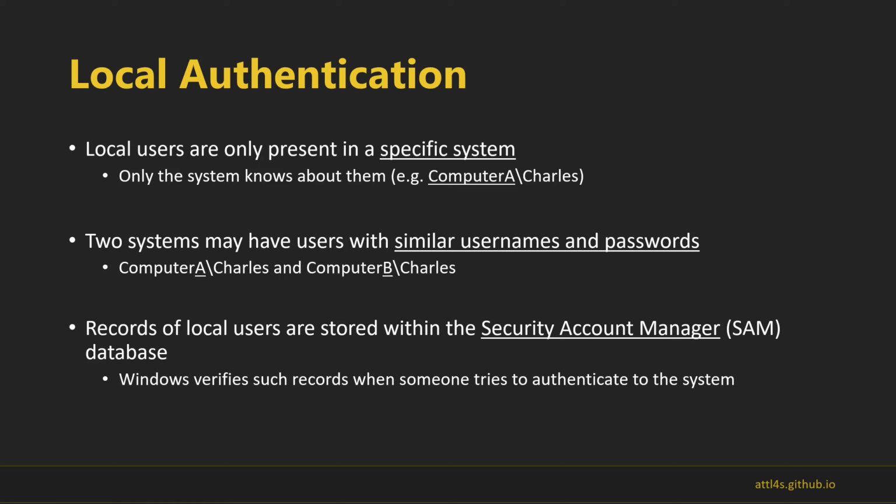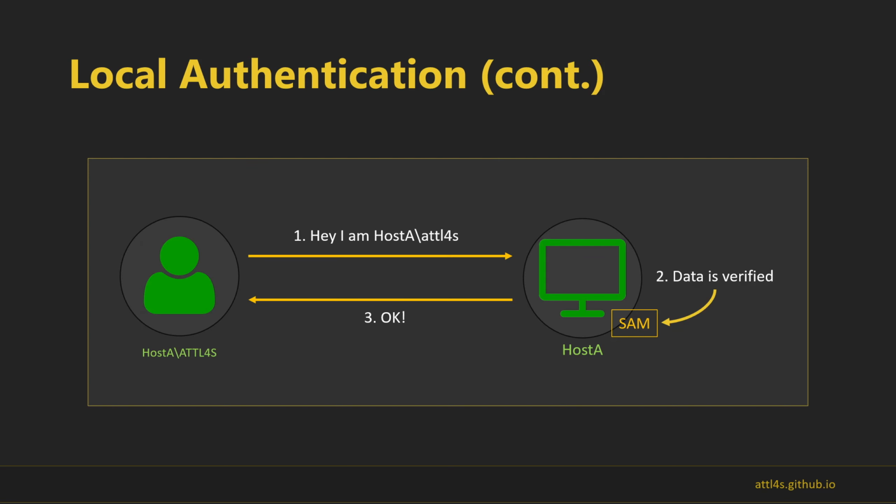So when someone tries to authenticate into a Windows system with a local account, the system takes the logon data and compares it with the records of the SAM database. If the logon data is the expected one, then everything goes smoothly and the user authenticates. Something like this: hey, I'm host A Atlas, my data is verified, and if it's the expected one,